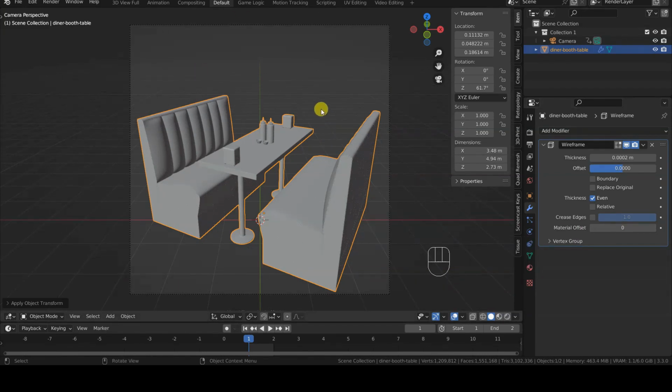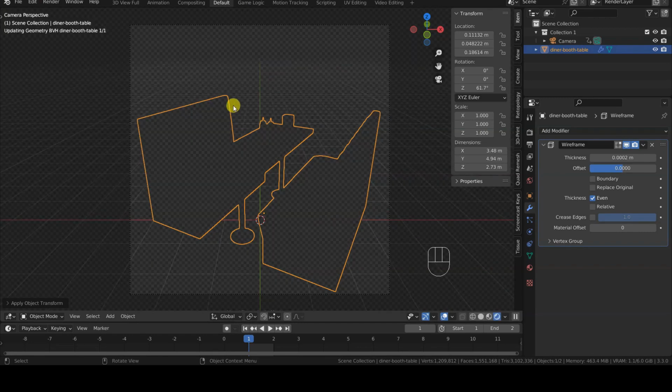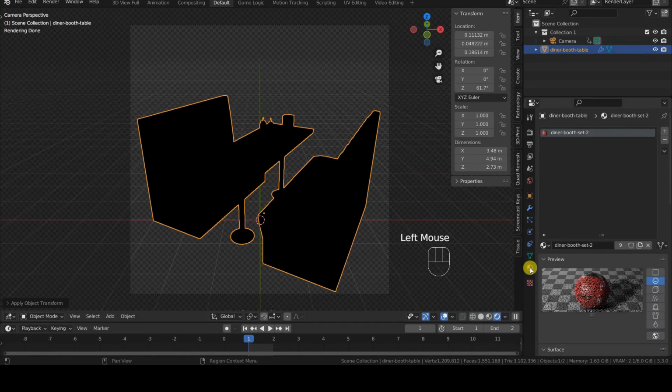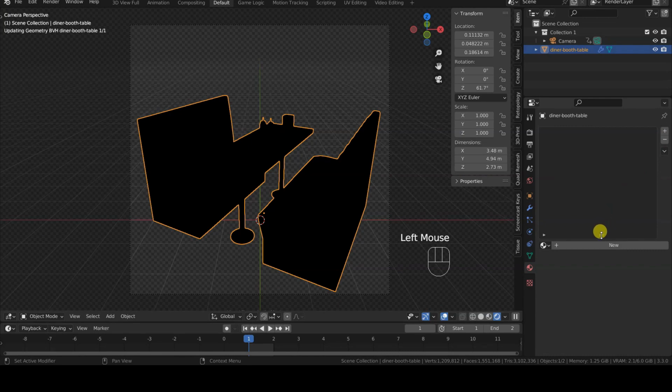To show how this happens, I'm changing the display mode of the 3D viewport to rendered. You will notice that, even though the object still has its original material, it will appear black, since the virtual universe of the scene is completely dark. Let's then move to the Materials tab of the object and remove all the materials there. In this case, there is only one, shared by all objects, but with other objects there might be several, depending on how many materials the imported and then merged objects add in the scene.